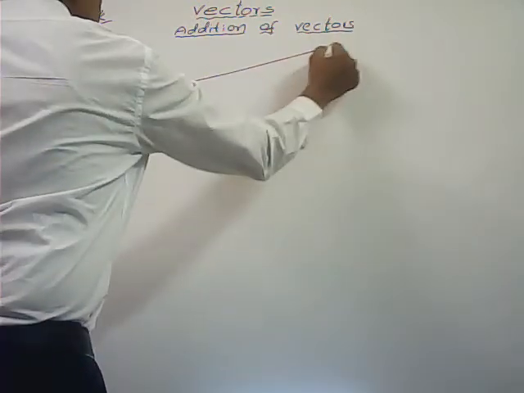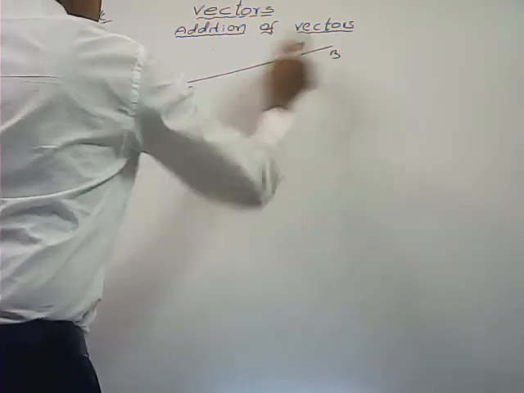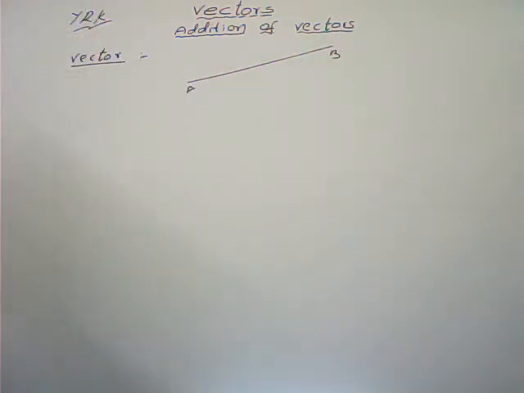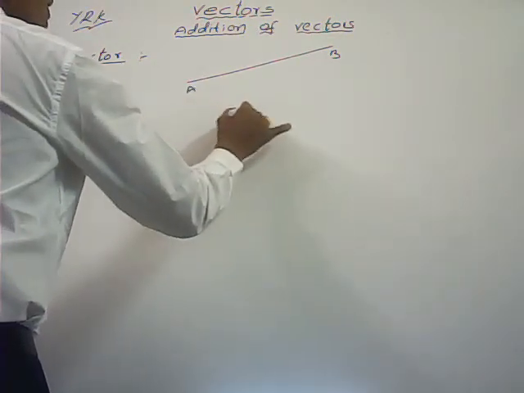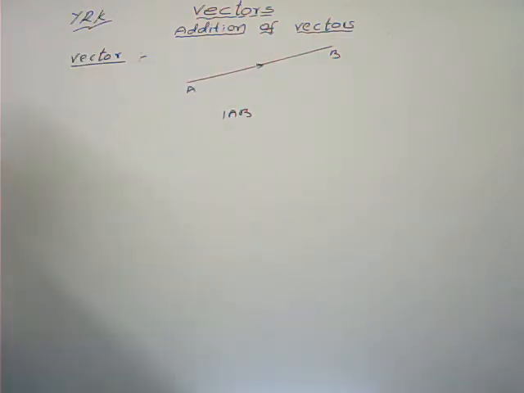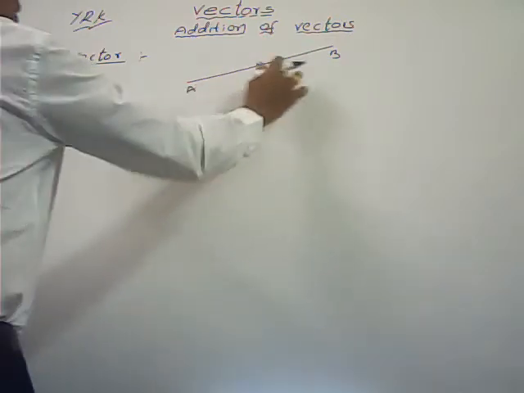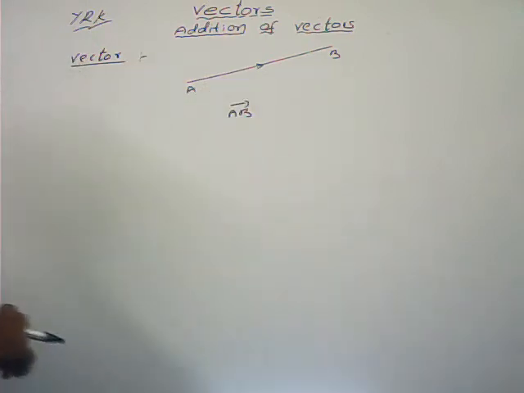This is the line segment AB. A line is restricted to some length. What is the length of this one? Here we are giving some direction to the line segment AB bar. This one we say is a directed line segment, we say vector. That one we can write AB bar.